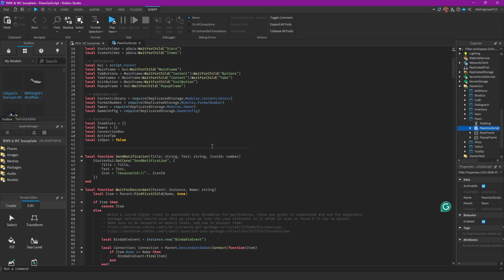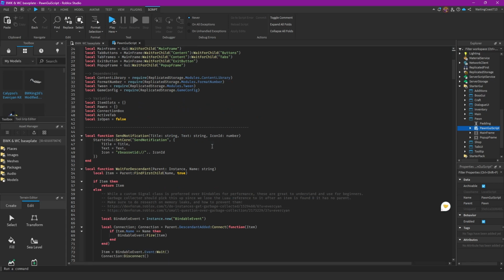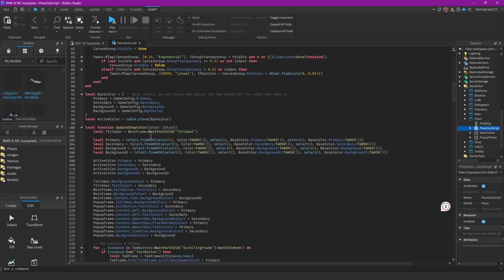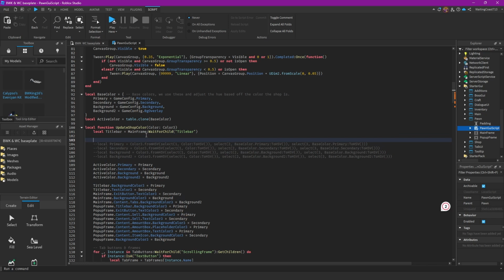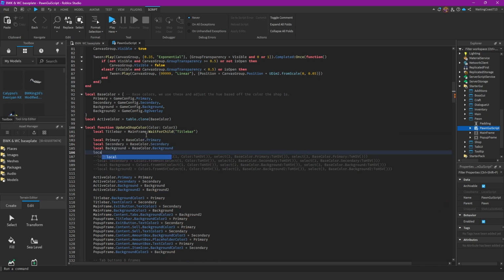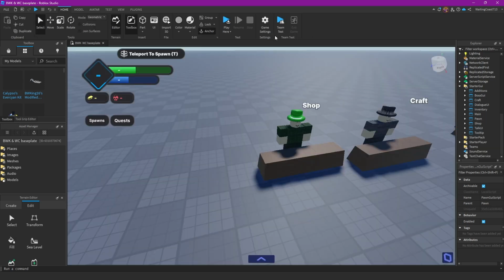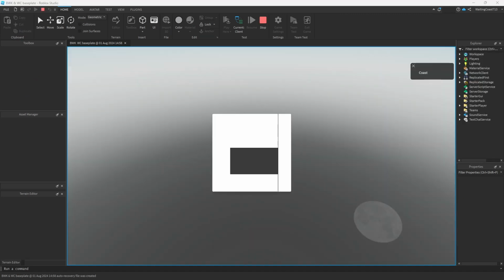For pawn, there's a background too. So right here, what you have to do is, it's really not that hard. You just do that, and then you say local background 2 equals space color dot background 2. Very simple. And now if I talk to the shops, they won't be in the colors that you set